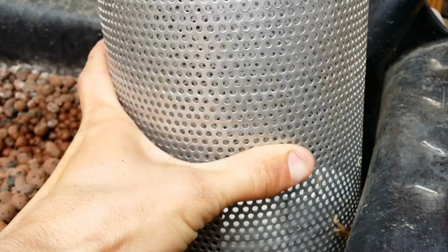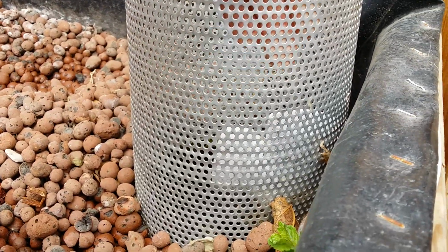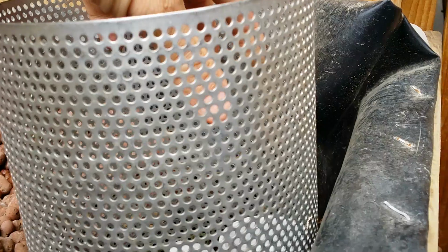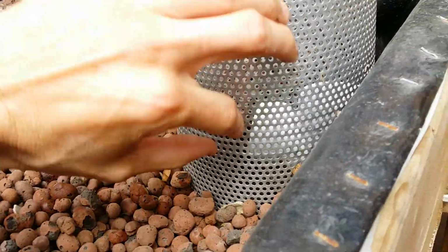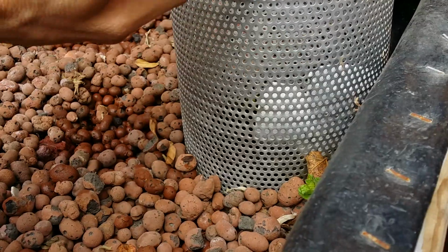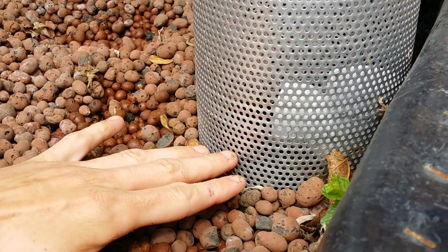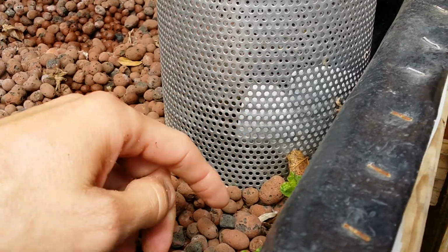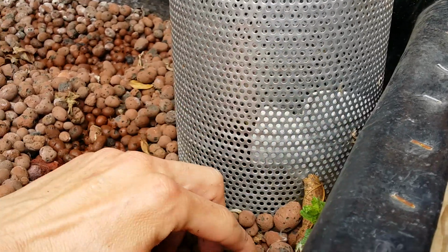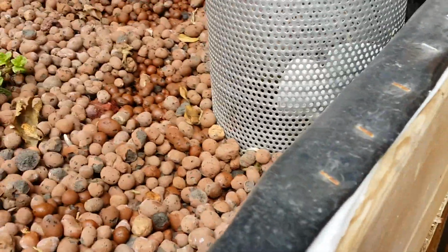Just happened to get it from my old job. If you're going to use PVC as an outside barrier to keep the rocks out, I would suggest slits instead of holes. If you cut skinny lines straight up and down, if there's ever a clog and it starts to flood, as soon as it rises a little bit, it starts draining again. So I always use slits over holes now. For my system, as soon as it drains,